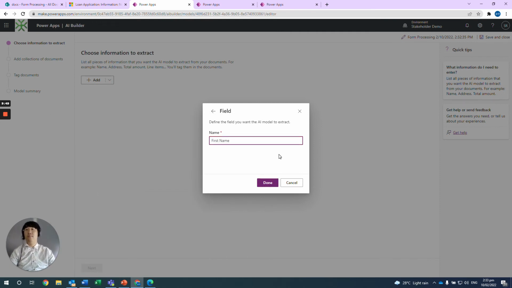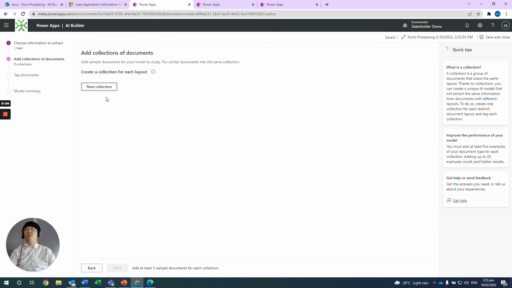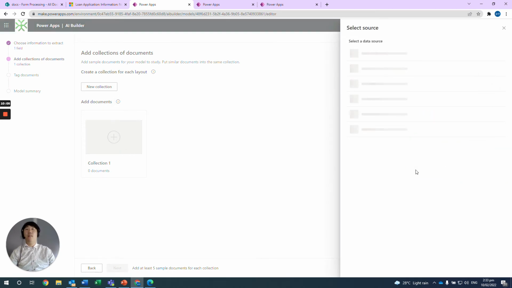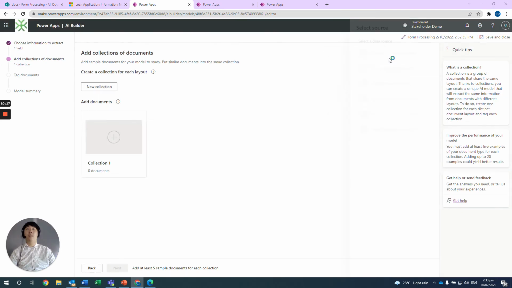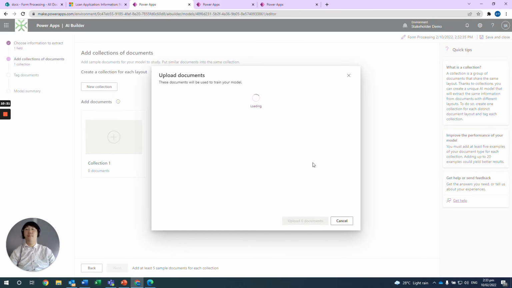Done. Next. And then here you have to upload 5 sample documents of the form that you want your form processing to be trained on. I go new collection, click the plus sign, and in here it will make you choose one of three options to upload from. Today I'll be using my local storage, and then select all 5 of my documents, upload,